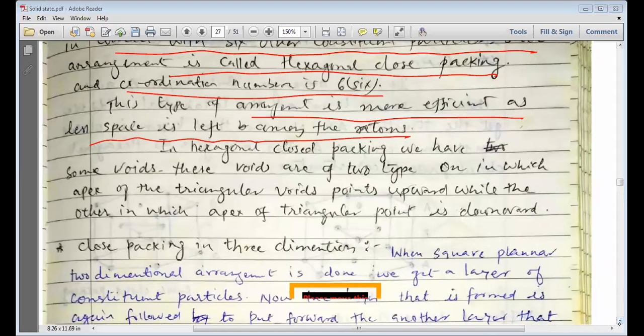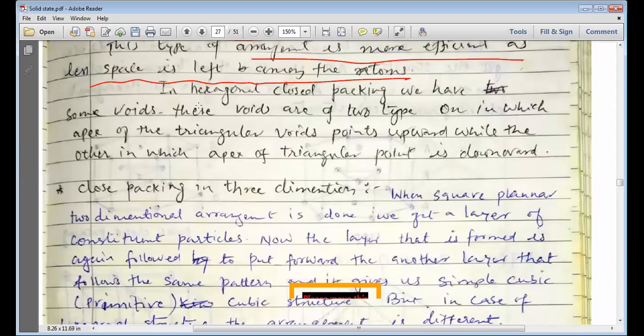Please remember the efficiency of both these arrangements. In the hexagonal close packing, we have some voids there. Voids are of two types, my dear students, in which the apex of the triangular